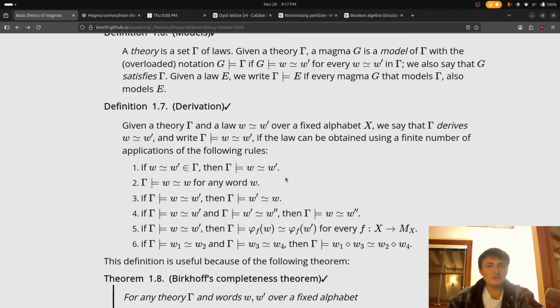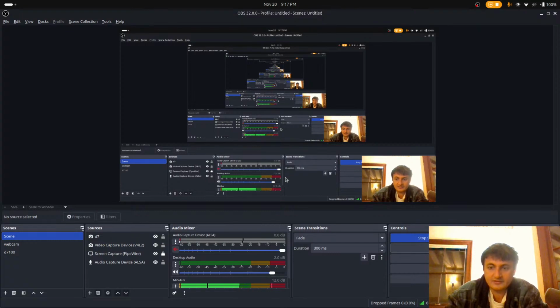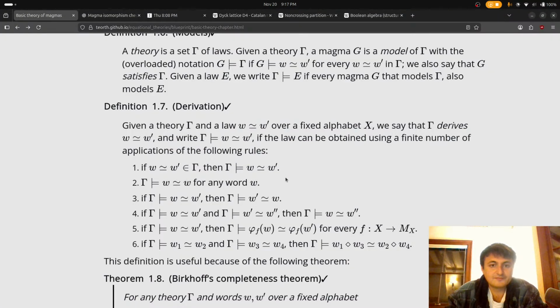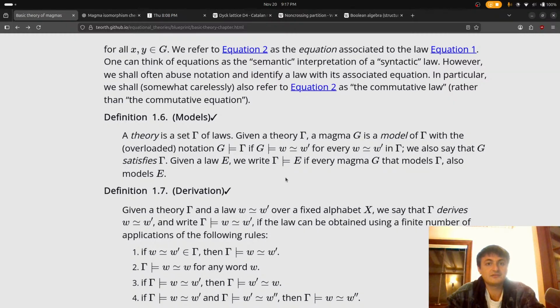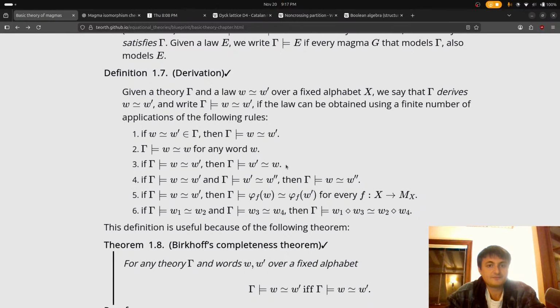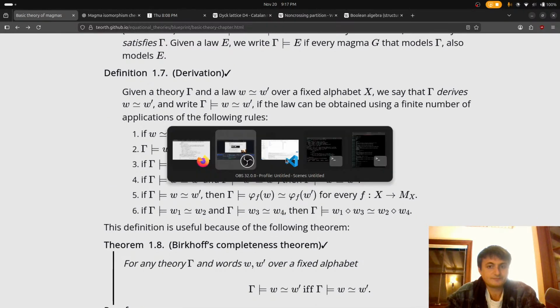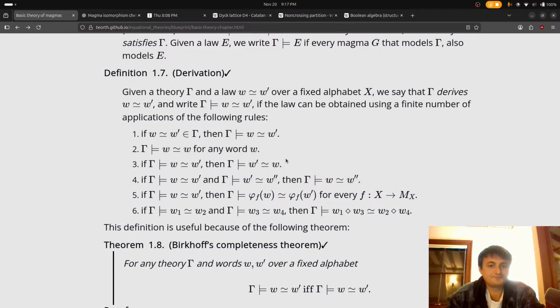Okay, let's see. How long have we been doing this? I might eat dinner. It's already 9. All right, an hour of equational theories. I feel like that's not bad, actually. Okay, that was pretty fun.